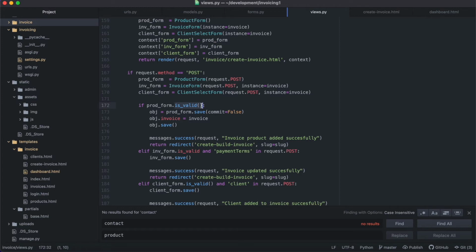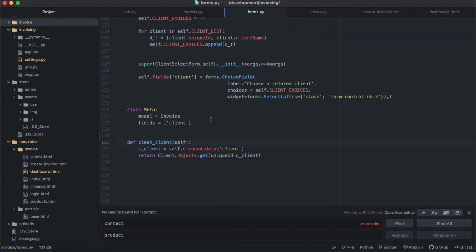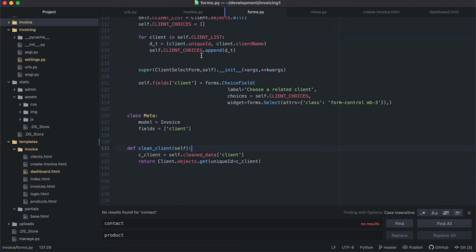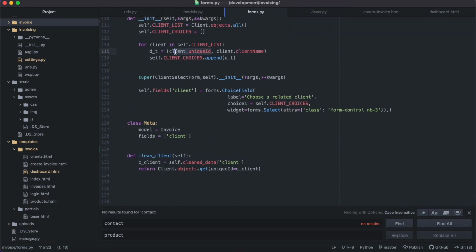The clean method is standard on all the forms, but if you wanted to process the form before it was saved and you wanted to do some things to the variables, move things around, you can do it inside of the clean method because it's done before the form is saved. So in this specific case, because this is a select field, this is typically going to be the unique ID of a string. This is going to be a string with a unique ID that's going to be sent to the form clean